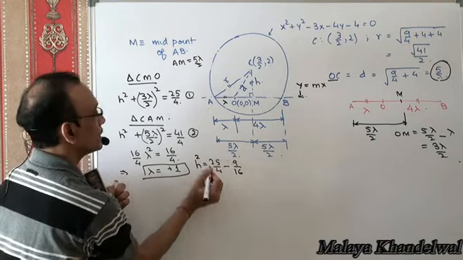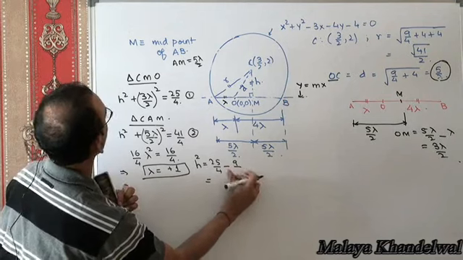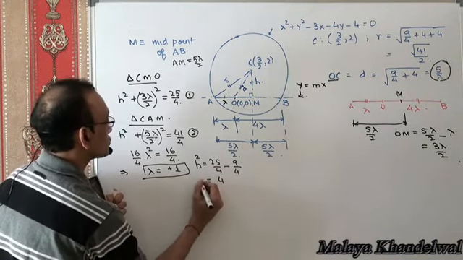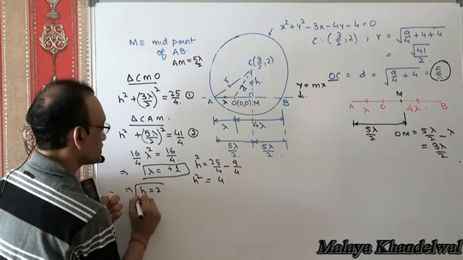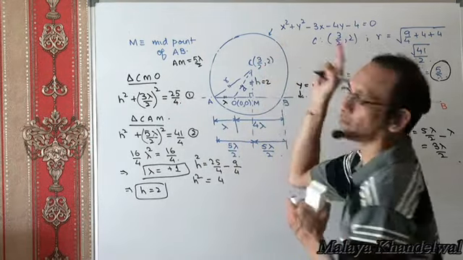That's my h squared. So 16, 25 by 4 minus 9 by 4, which is 16 by 4, that is 4. So h turns out to be 2. That means the required chord is at a distance h equal to 2 units from the center of the given